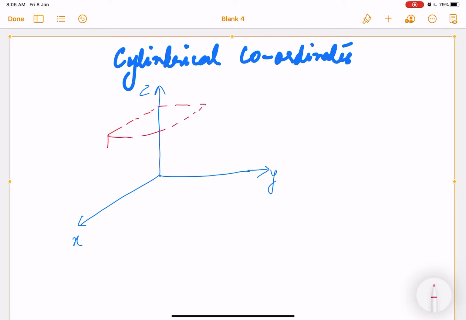If you have a cylinder with you, you can pick it up and imagine this portion, or you can put it at the corner of your wall and picturize just this portion. Suppose I consider a point on the cylinder here. In my XYZ coordinates, but for this we define rho, phi, and z. What are these rho, phi, z?